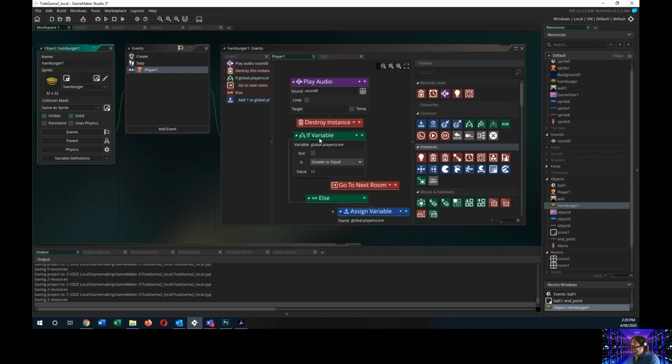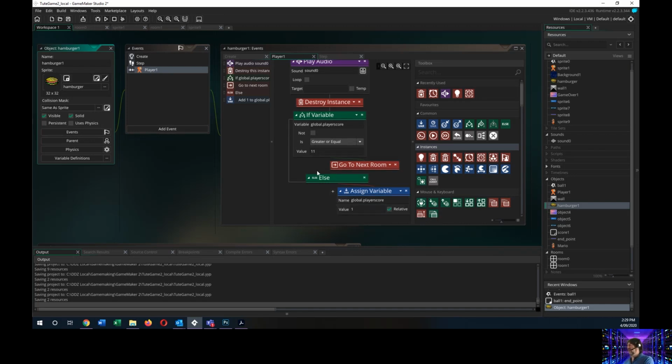And we're having this if statement, and we're getting to a score of 11. Now, a score of 11 or 12 isn't very satisfying, is it? So what I'm suggesting we do is when we collect our hamburgers, let's give each hamburger a value of 100,